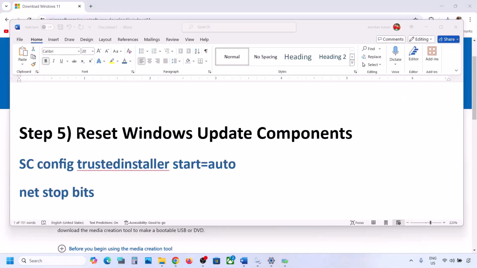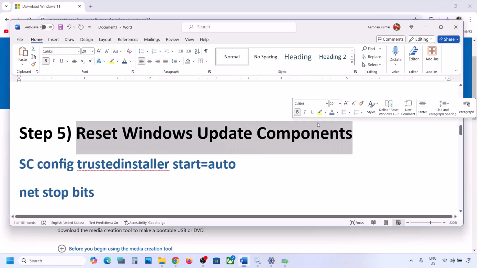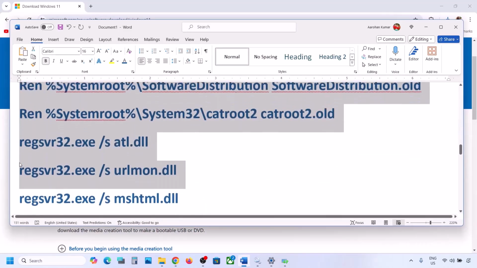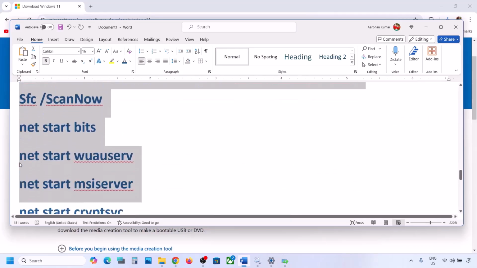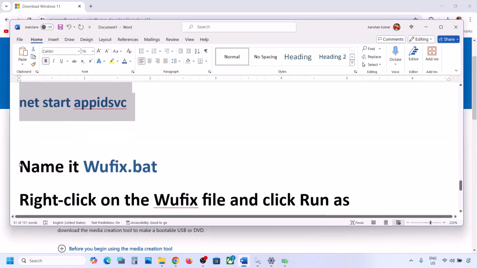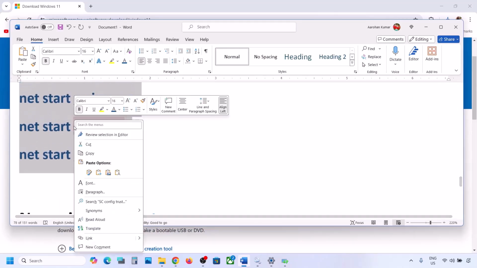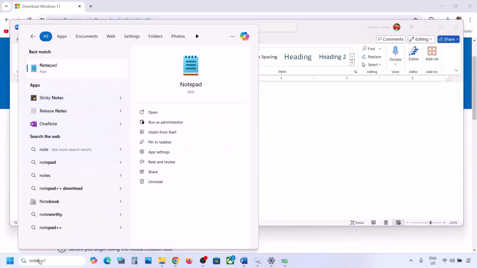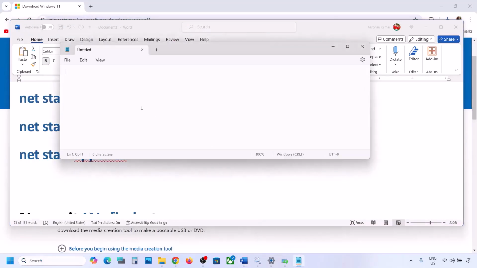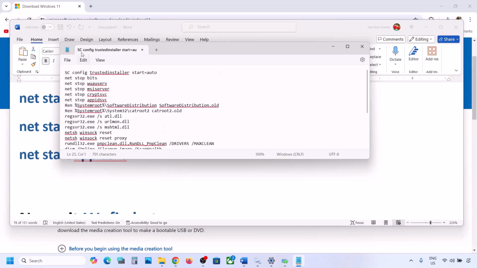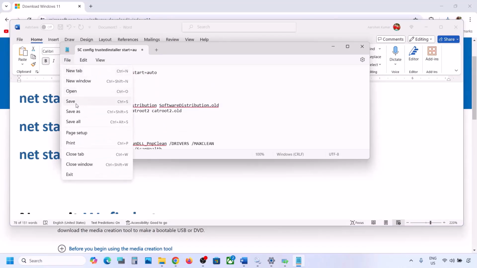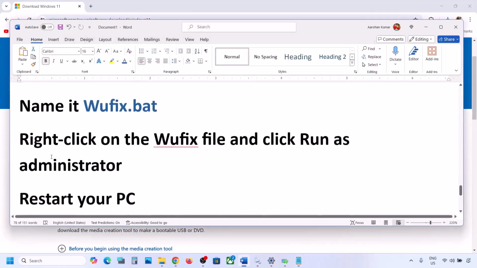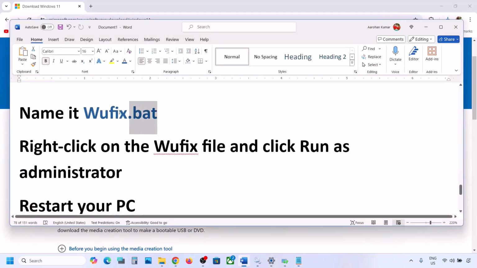Now the next step is to reset Windows update components. Now for this, copy all these commands. These commands are provided in the video description, so copy it till here. Now once you copy it, open Notepad on your computer, and then in the Notepad you can paste all the commands, and then go to file on the top, click on save as, and then you can name this file as